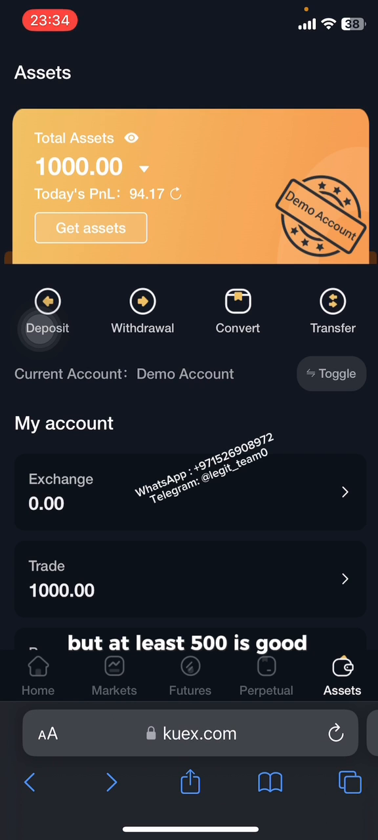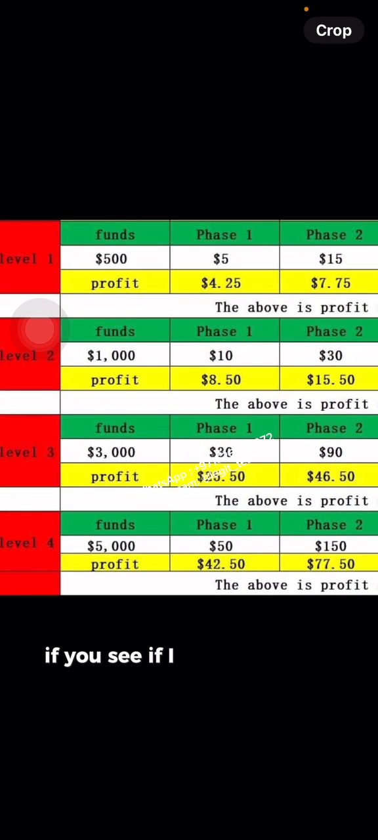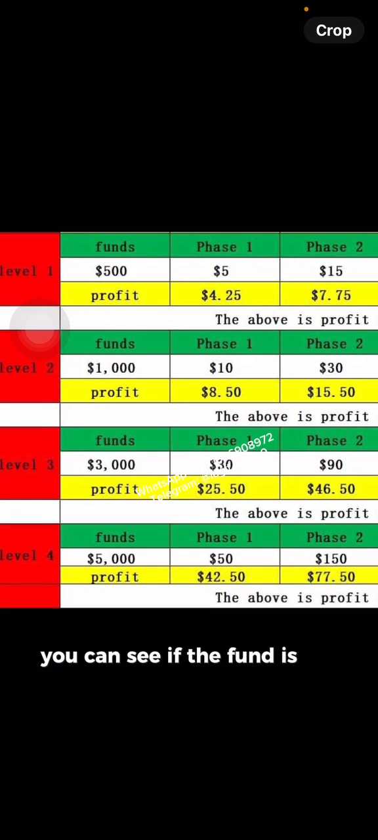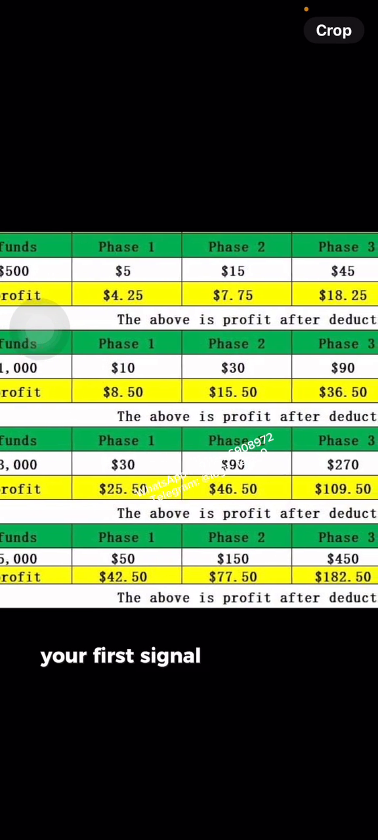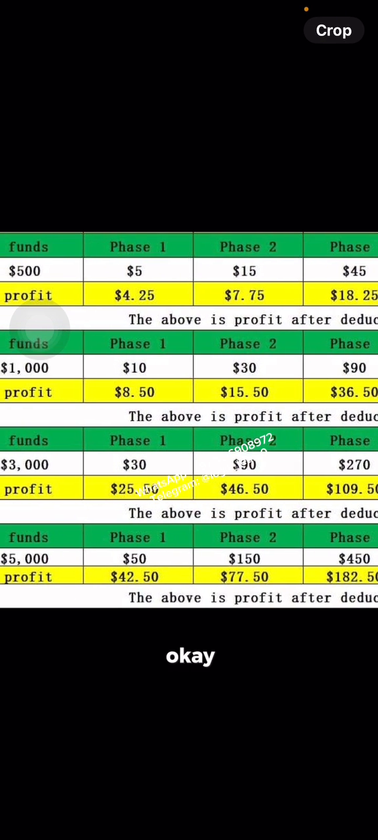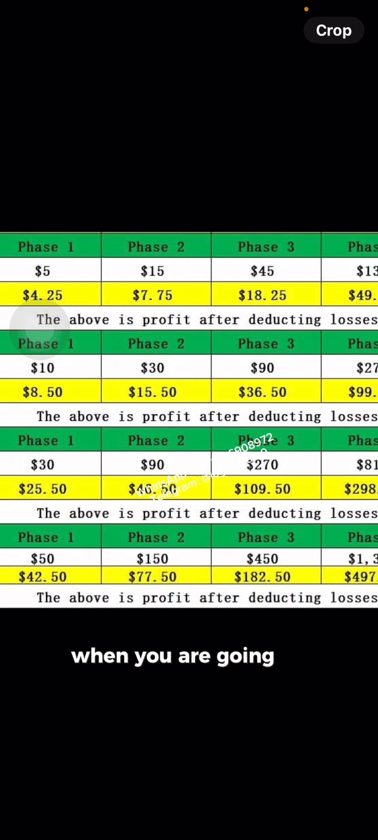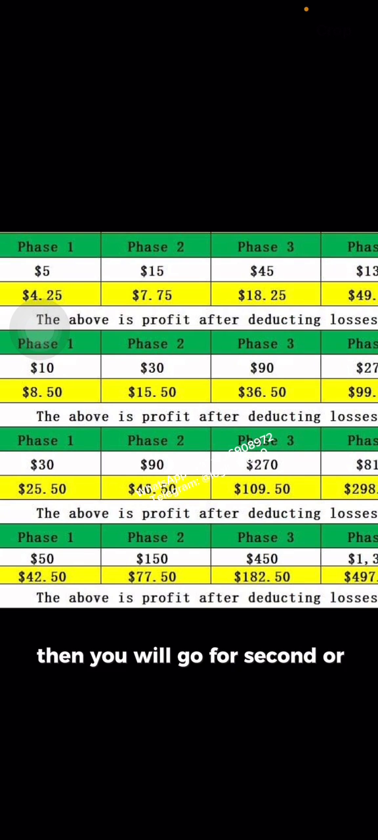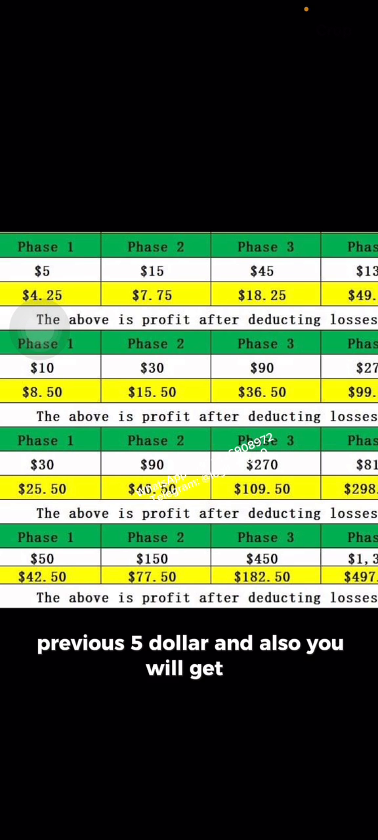500 is good, because we have a ratio here. If I zoom in for you, you can see that if the fund is 500, just look at how we save the profits. Your first trading signal, when you get the first signal, you will go for $5. If you win, your profit will be $4. If the first signal is somehow lost, then you will go for the second, where you will put $15. If you win, you will recover your previous $5, and you will also get a $7